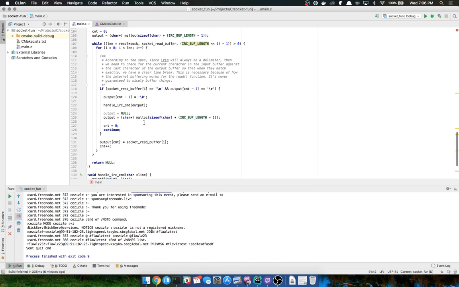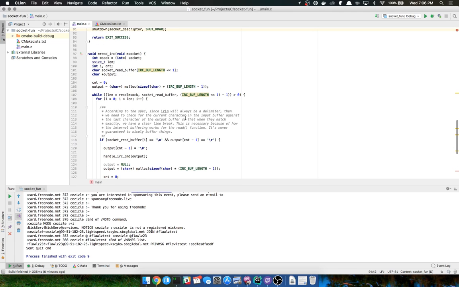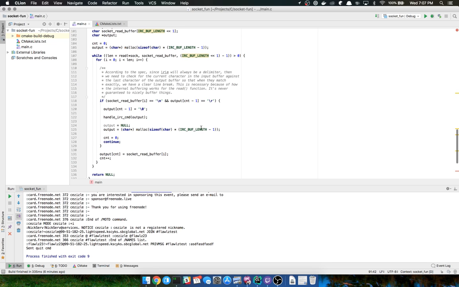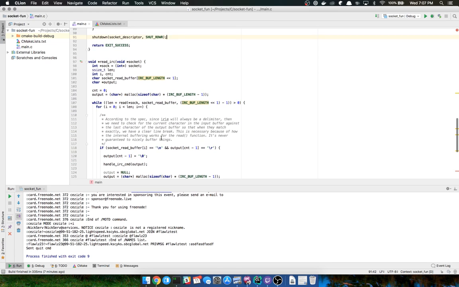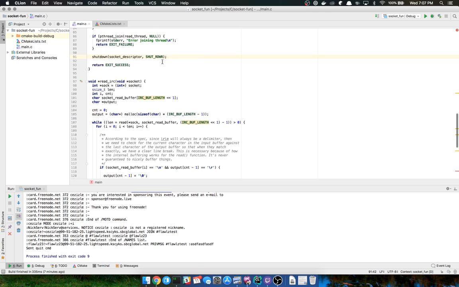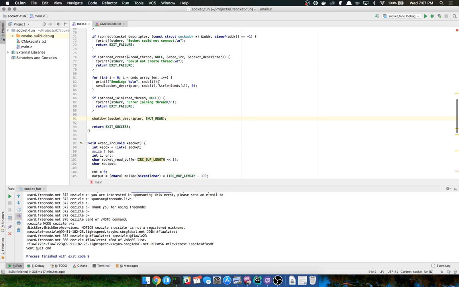Well, no, maybe not, because it's going to send the quit. So what's going to happen is the process is going to send the quit to the server, so that's cool. But the socket command will send the quit to IRC. So that should terminate this right here if the buffer's still going, because it's going to send a 0 packet back or whatever, something that's going to cause it to stop execution. But the question is, do I need to do the shutdown? Now, common sense tells us that we probably should run the shutdown command because it's going to clean up whatever resources I created with the socket.